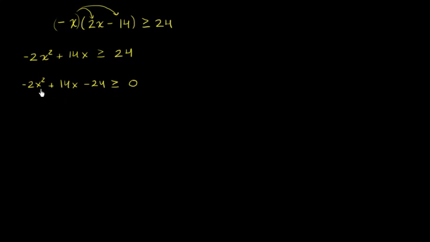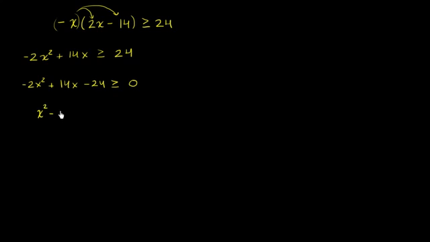Now, I don't like having this negative 2 out front. So what I want to do is divide the left-hand side by negative 2. But I can't just divide the left-hand side only by negative 2. I have to divide the right-hand side by negative 2 as well. And anytime I multiply or divide both sides of an inequality by a negative number, it's going to flip the inequality. So if I divide both sides by negative 2, I'm going to be left with x squared,